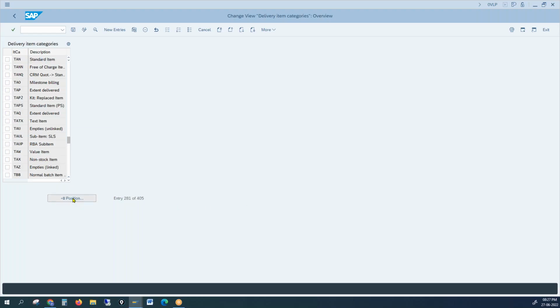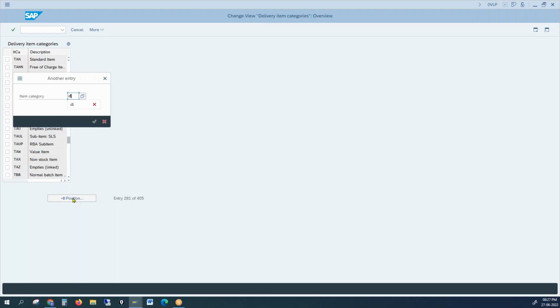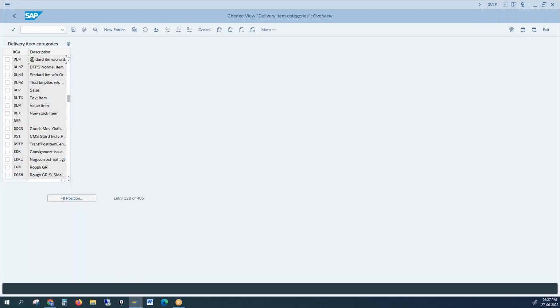That is, it has its own item category called DLN, which is a standard delivery item category. You see, standard item without order reference. So that is the reason the system is allowing us to do delivery even though we have an order reference, because all this setup is there in the system. What is that setup? DL, document type, item category DLN,